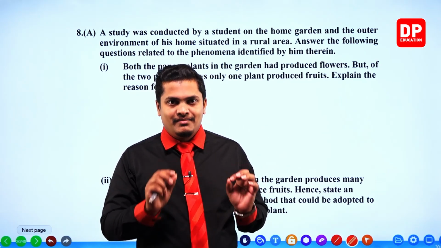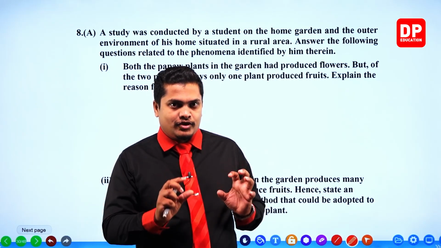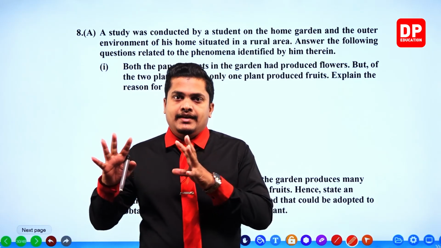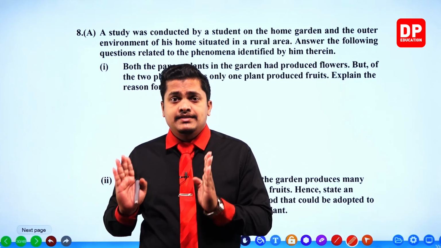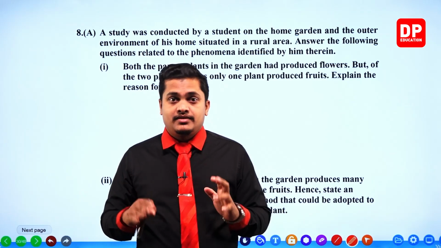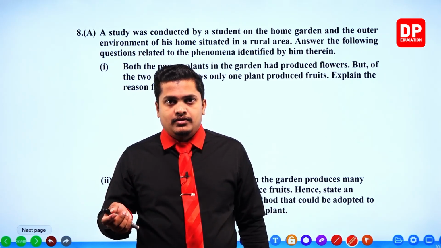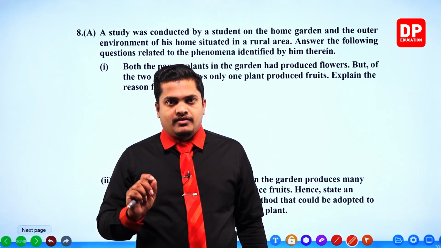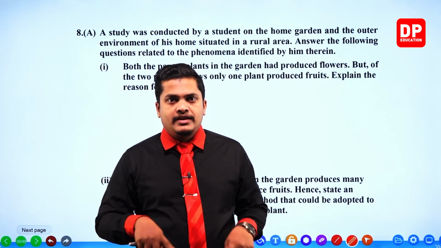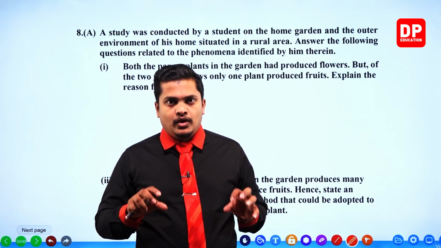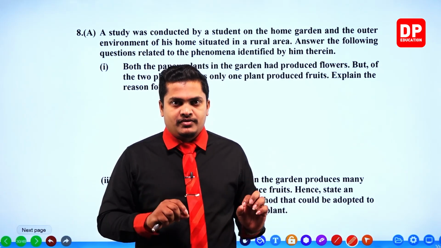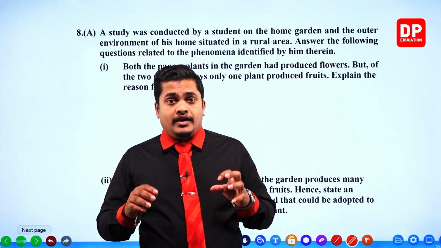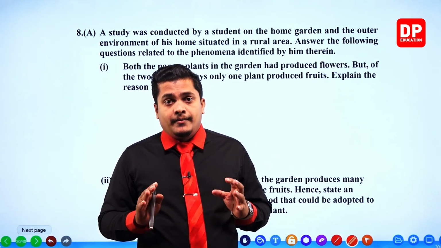Gynoecium is the female part. So the plant with flowers that have the gynoecium will produce the fruits, okay? Then the flowers that have stamens, staminate flowers, right? Those will not be able to produce fruits, because you know that during the reproduction of plants, we studied that the ovary becomes the fruit. So the ovary is included in the gynoecium of